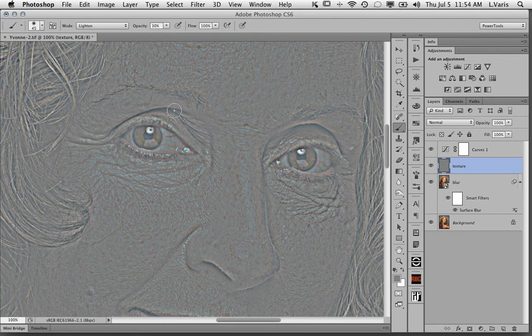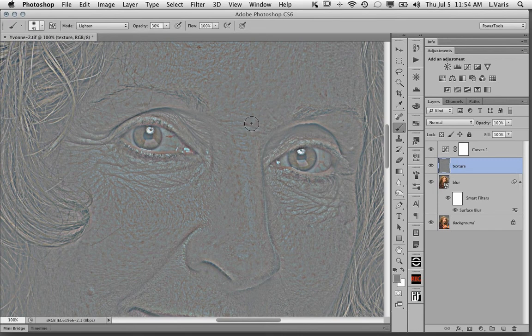So I'm going to go around and work the dark wrinkles a little bit, just a couple of strokes here. And at the moment, it's not affecting the lighter highlights on these wrinkles. Just the darker